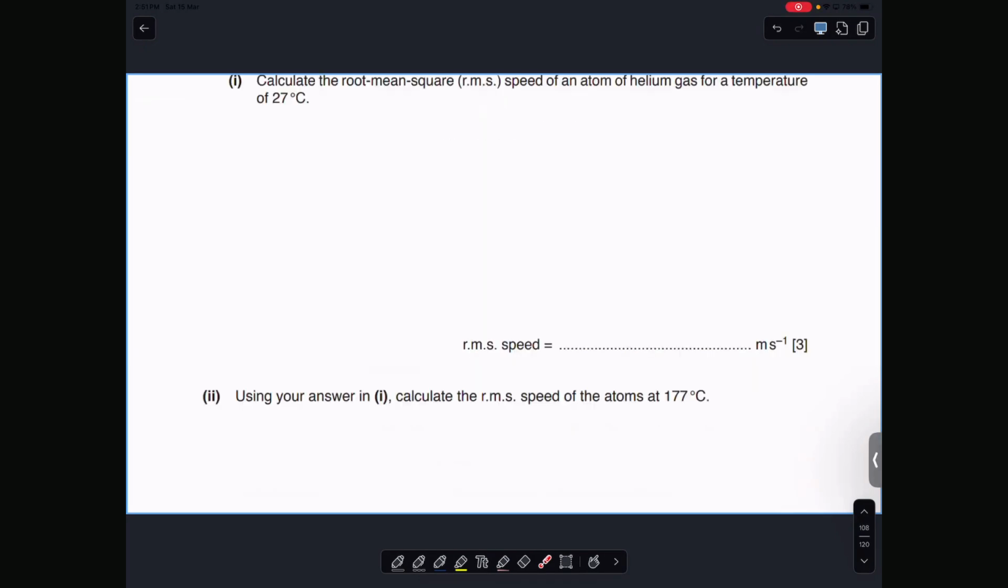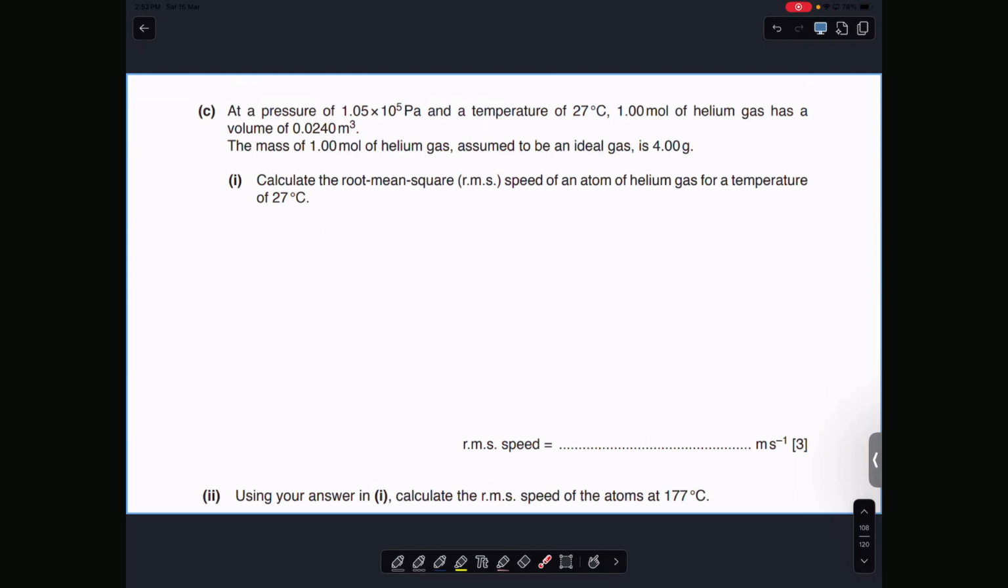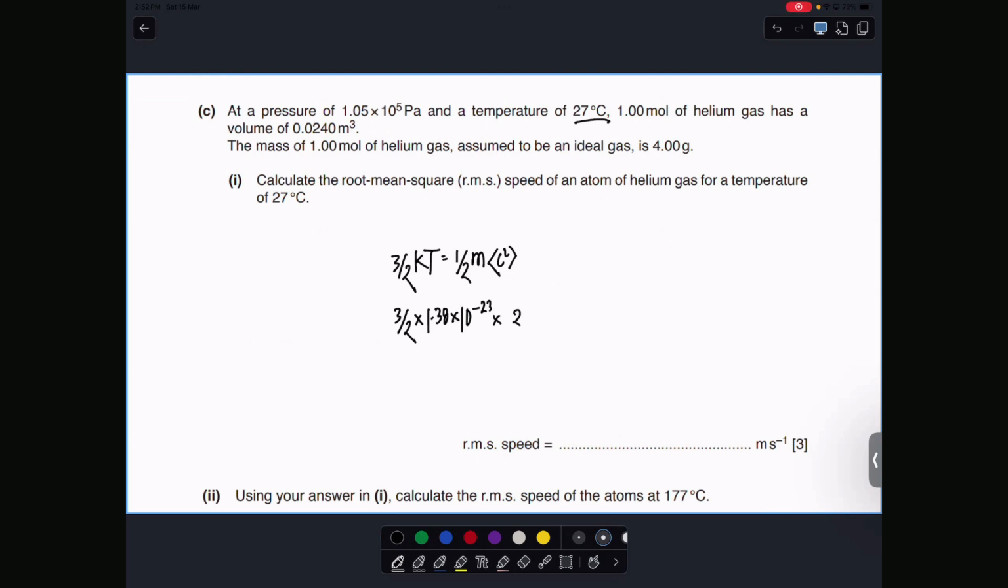This part. Okay, so it says that calculate the root mean square of the speed of the helium atom for a temperature of 27 degrees Celsius. What formula do I use here? Root mean square, 3/2 KT, right? Right, so 3/2 KT equals to half mc square. 3/2 k হচ্ছে 1.38 into 10 to the power minus 23, into temperature is going to be 27 plus 273